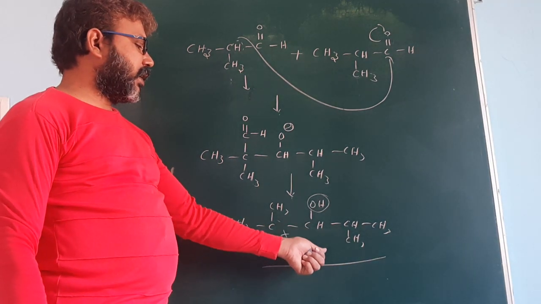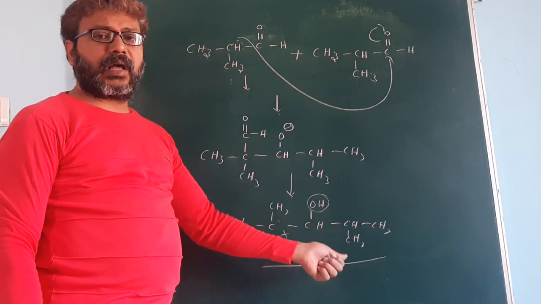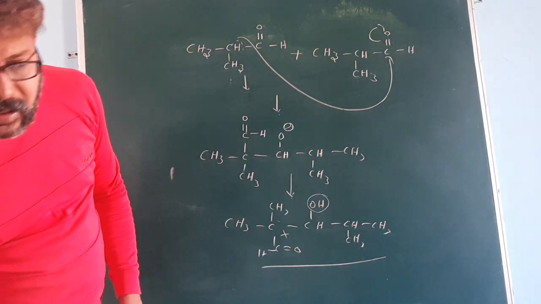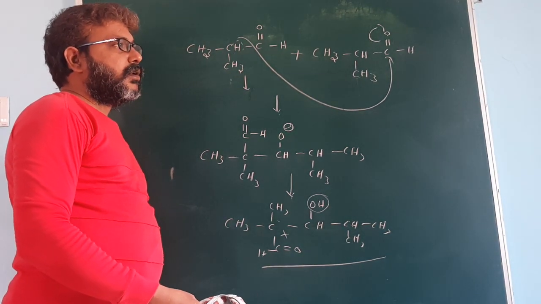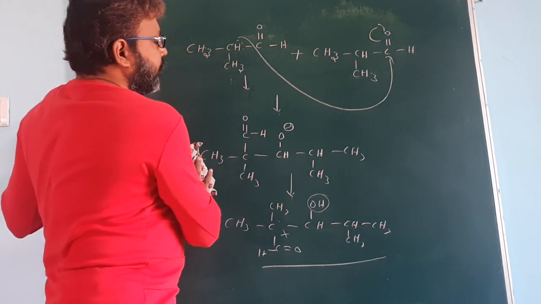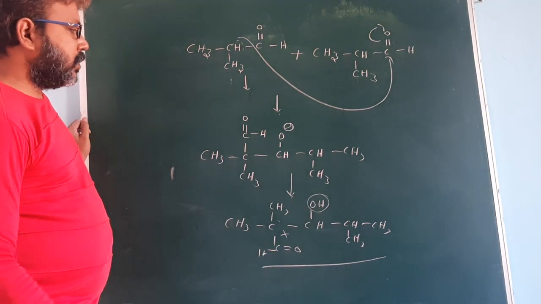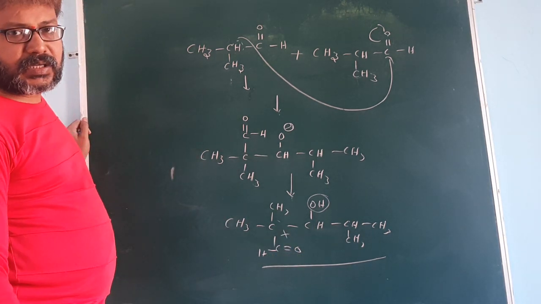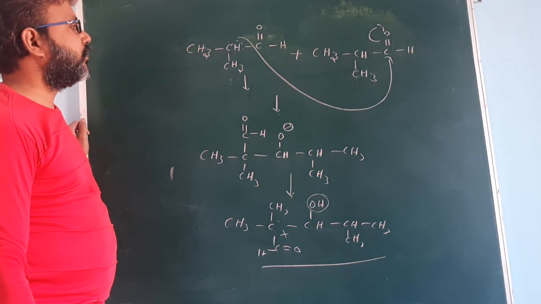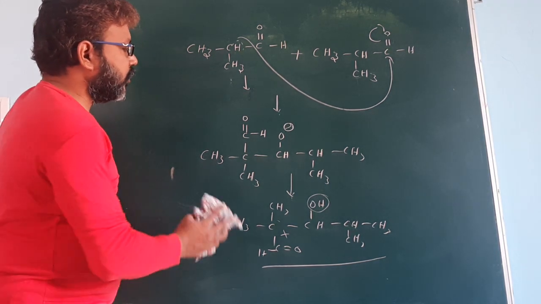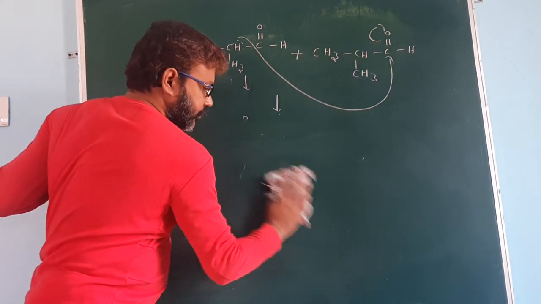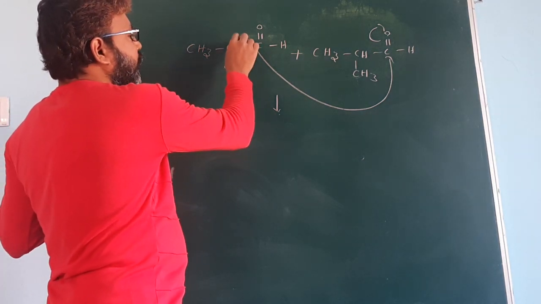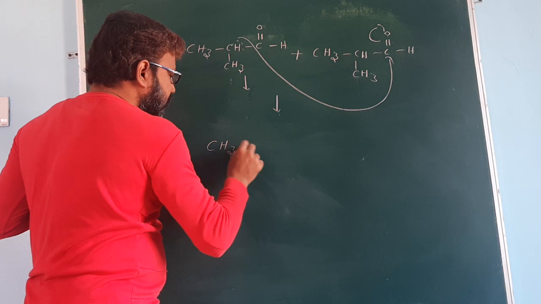So some lecturers say the reaction stops at this stage and it cannot undergo aldol condensation. Some lecturers say it cannot undergo the aldol reaction. So what is the correct statement? Maybe it cannot undergo the self-aldol condensation reaction or self-aldol reaction. Why can it not undergo self-aldol reaction? Because it accepts the proton from this carbon, you get a carbanion.